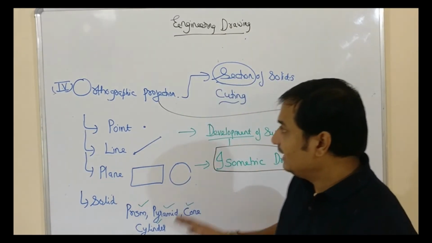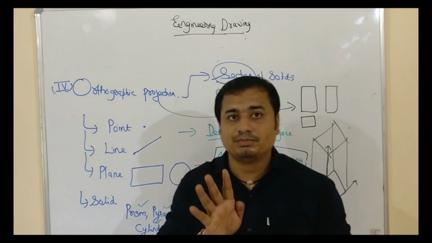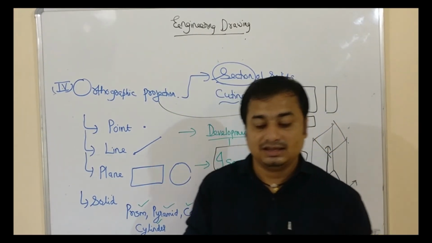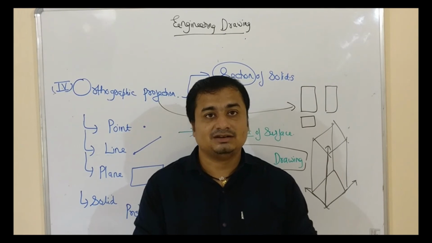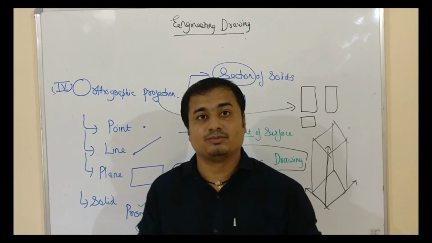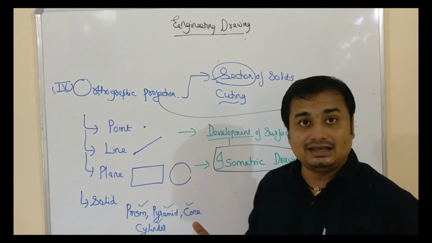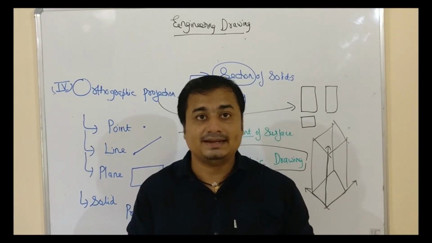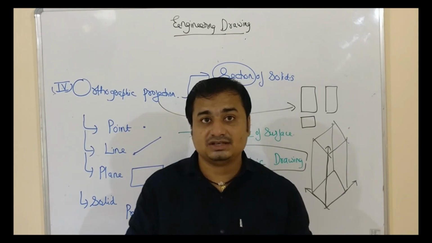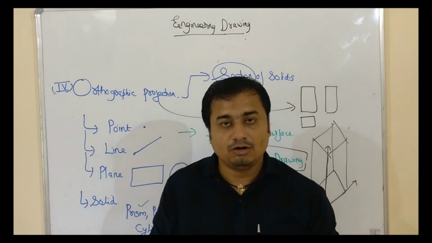So this is the entire complete syllabus of the drawing, which has been divided into 4 components. The first was basics, that will include letters, dimensioning and types of line. Second was geometrical construction, in which we will be drawing some basic plane figures like ellipse, parabola, hyperbola, pentagon, hexagon by different methods. Next was scale. In scale we will be going to draw plane scale and diagonal scale. We will be dealing with different problems based on the reducing scale. Reducing means reducing the size of the object.